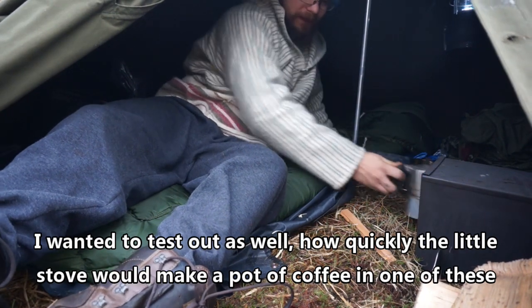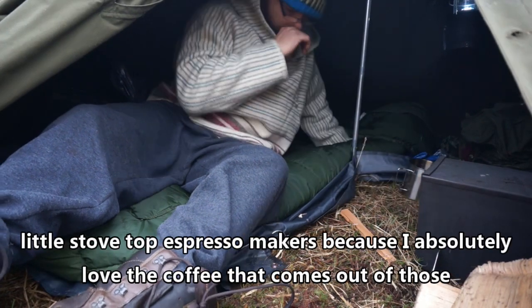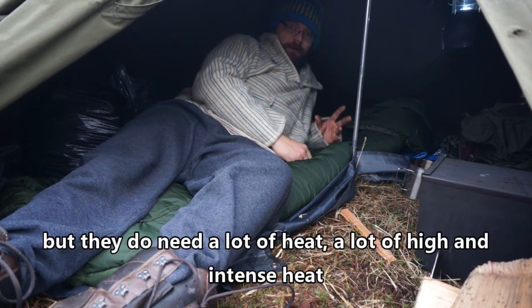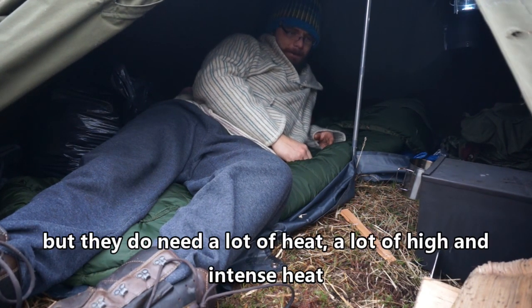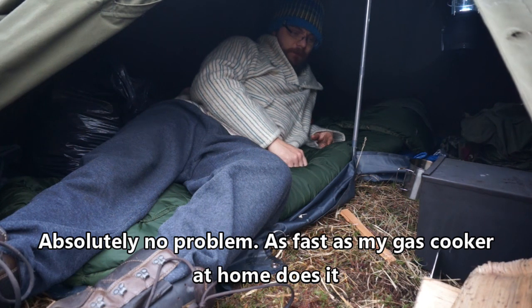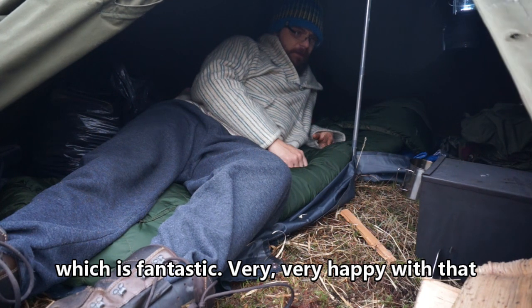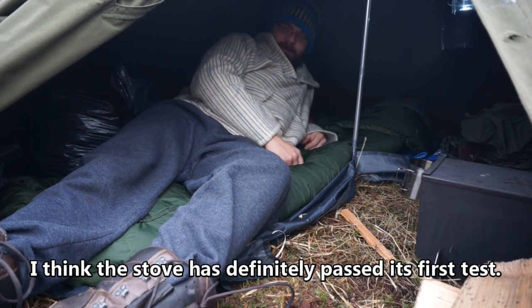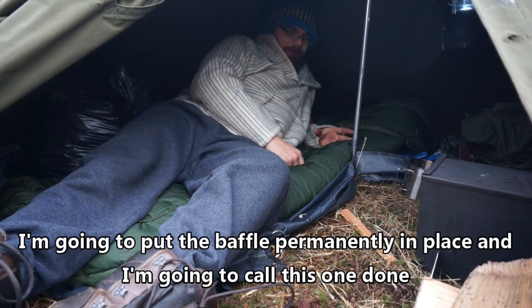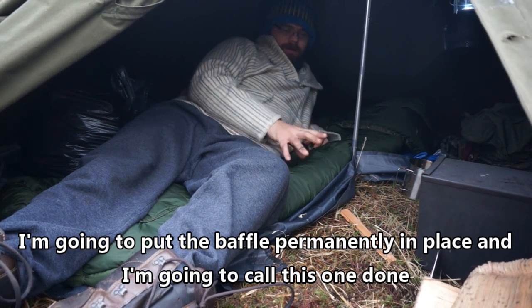Wanted to test out as well how quickly the little stove would make a pot of coffee in one of these little stove top espresso makers, because I absolutely love the coffee that comes out of those. But they do need a lot of heat, a lot of high intensity. But absolutely no problem. As fast as my gas cooker at home does it. Fantastic. Very, very happy with that. So I think the stove's definitely passed its first test. I'm going to put the baffle in place, obviously sort the flue out when the bits come. But I'm going to call this one done